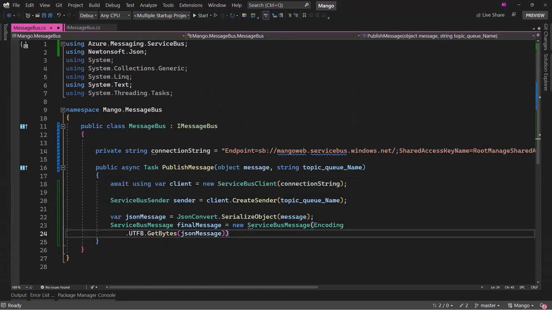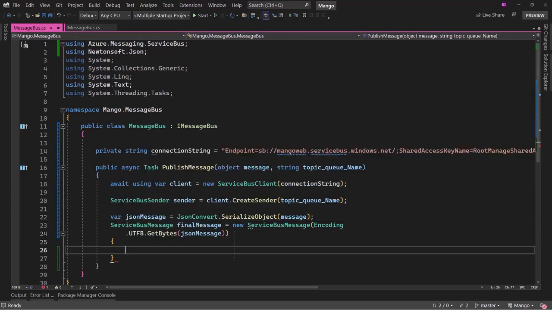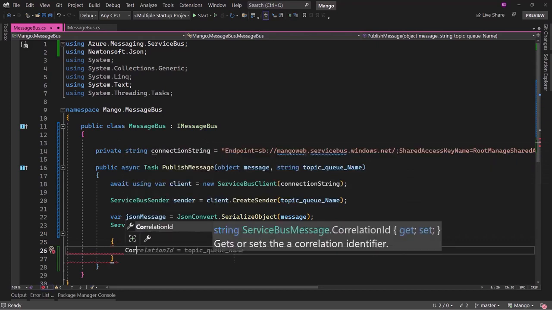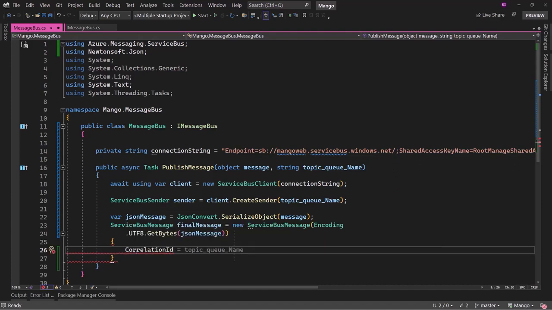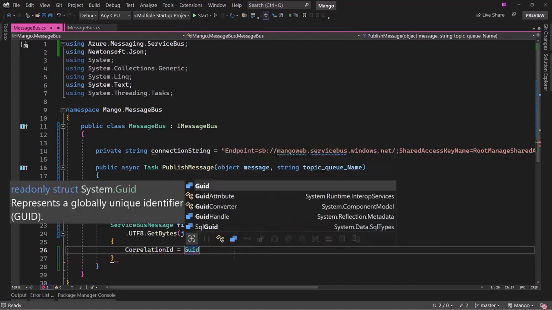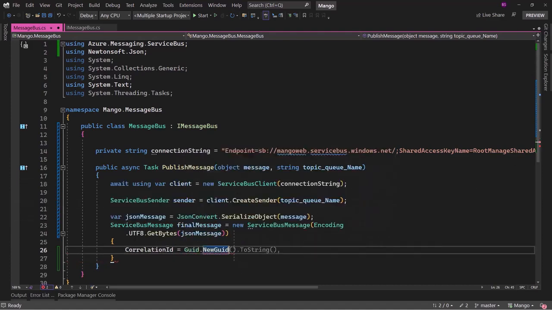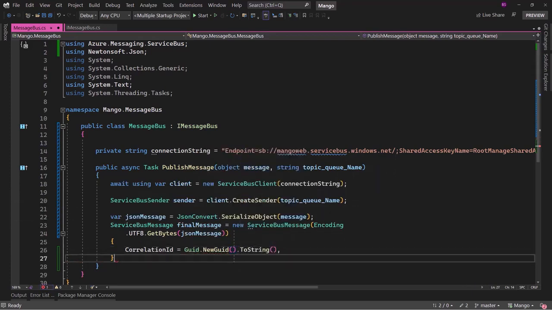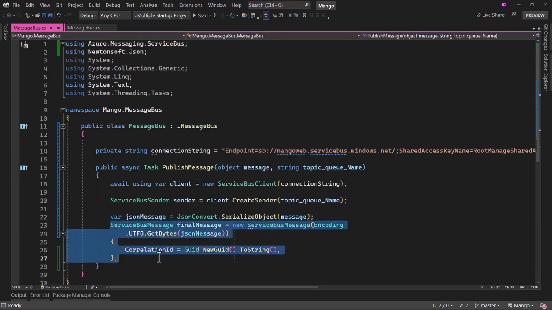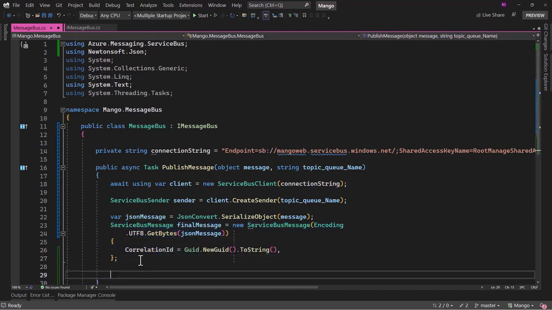We want to pass our JSON message there. On top of that, I want to add something in the parameter here. That is a correlational ID. It is basically an identifier. And I will generate GUID.newGUID.toString. With that, we have configured the final message, and that will have the JSON message that we want to